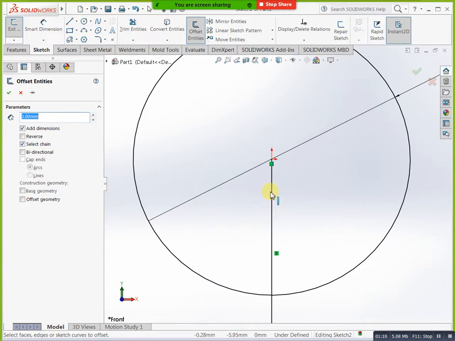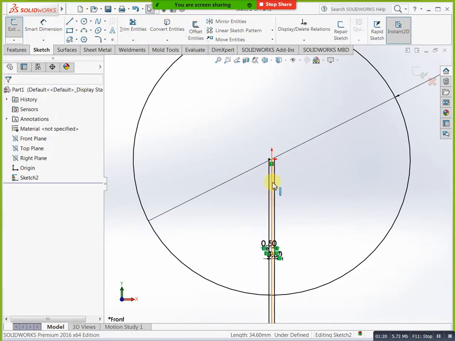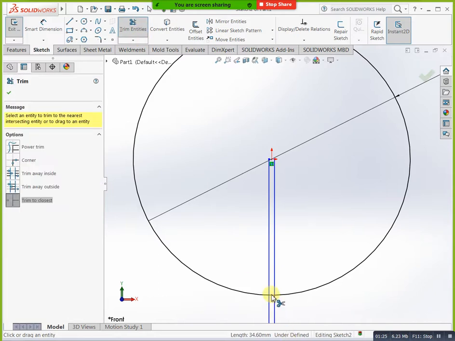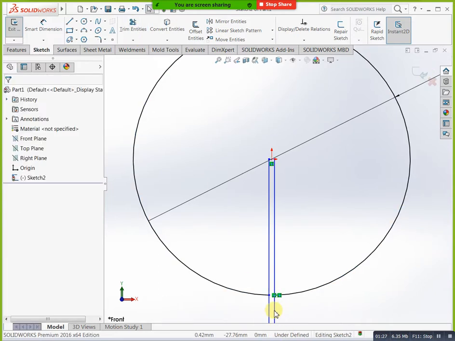Bidirectional you can select. One is heavy, you can mention 0.5. Then okay. Now you can select this one, delete. I am removing this step. Delete, delete. Then you can do finish.